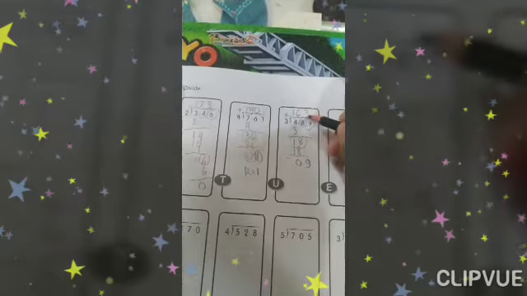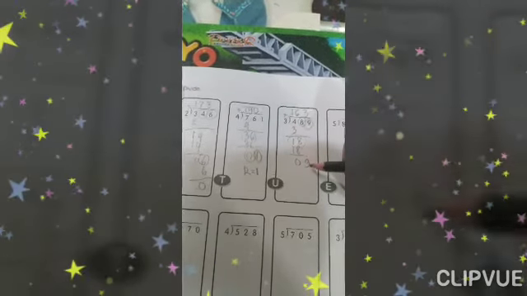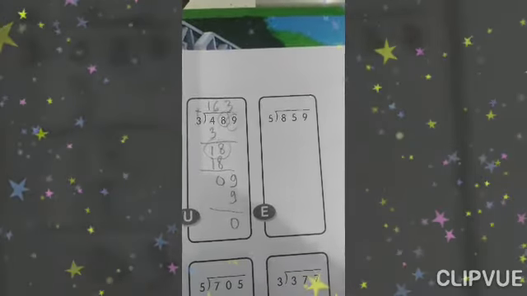9 divided by 3 equals 3. 3 times 3 equals 9. Okay, 9 minus 9 equals 0. Next,